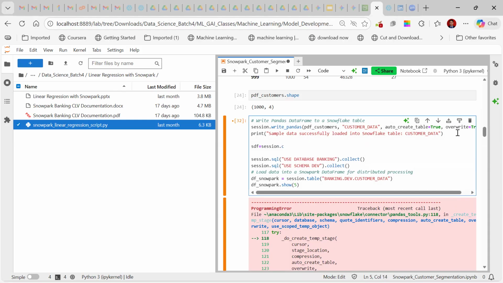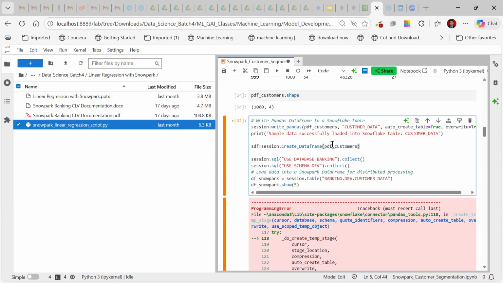Let's wait, create, check the spelling. There's some problem with my data frame, bracket pdf customer. No single quote, pdf customer, right? Sorry. Then let us try that.